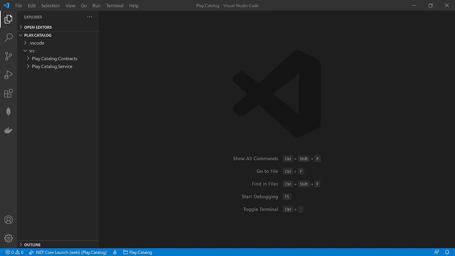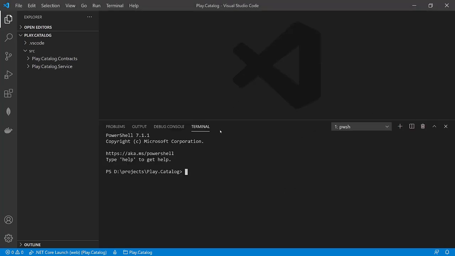It's time to update our catalog microservice so that it starts publishing messages anytime an item is created, updated, or deleted. So I'll start by opening a terminal so that we can bring in a couple of NuGet packages that we're going to need. So here I am in the Play.Catalog directory. I'll switch to src and to Play.Catalog.Service, not the contract, but the service one. And here I'll add .NET add package